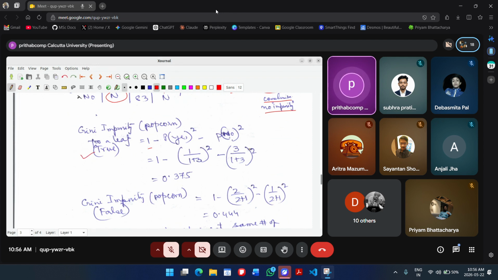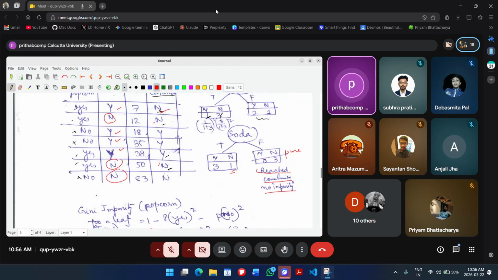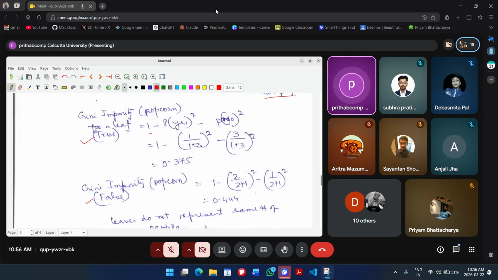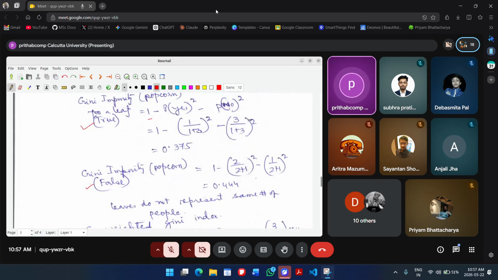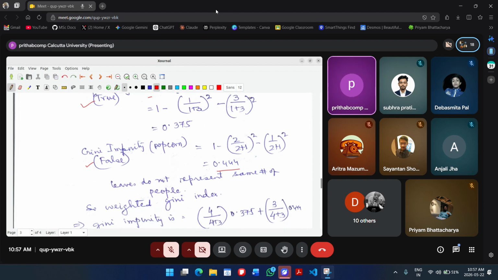So this is the true part you have calculated. Then Gini impurity of popcorn with respect to false you have to calculate. So that means it is to the other side, this part. So similarly you can calculate that. You see 1 minus, then this side, this one is 2 out of 3 and this one is 1 out of 3. And you have to take the square of it. So that is 2 out of 3 square minus 1 out of 3 square. So we are getting this value. So if you remember that,